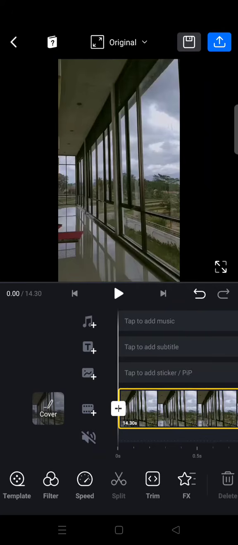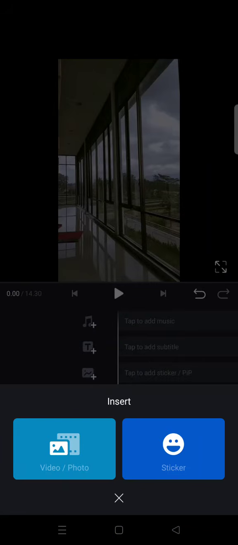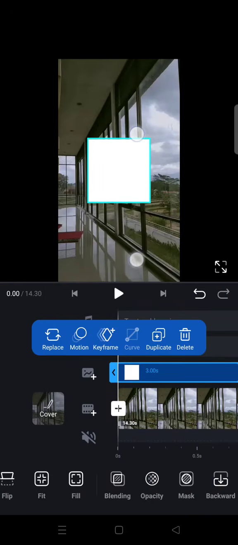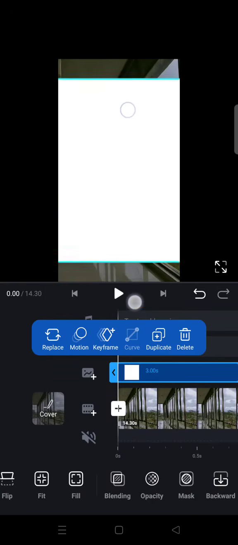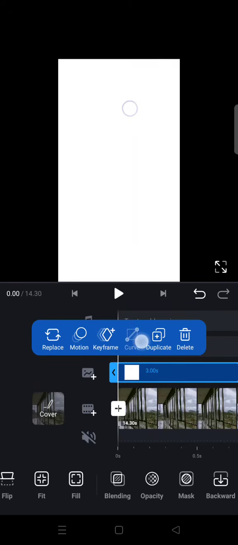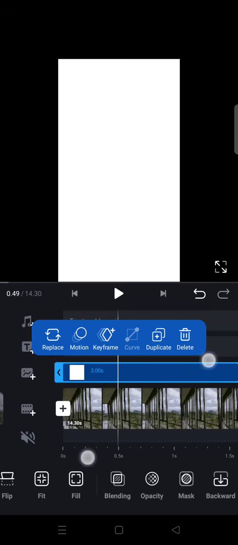On today's video, I'm gonna show you how to do flash effect in VN. So here I've already imported a video, and then to add a flash effect you need to add a white image as an overlay. So here I'm going to choose photo and adjust the white image so that it covers the whole frame like this, and shorten it as